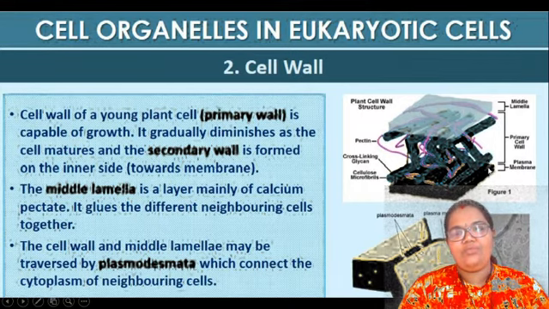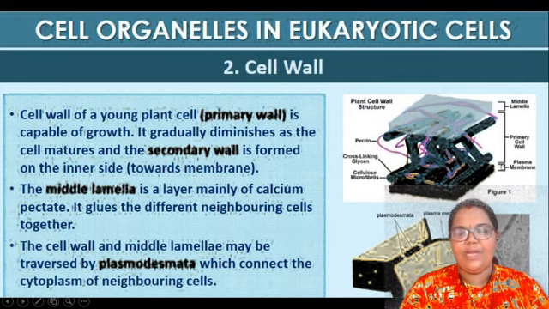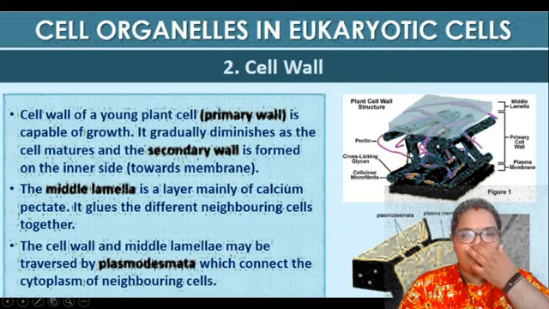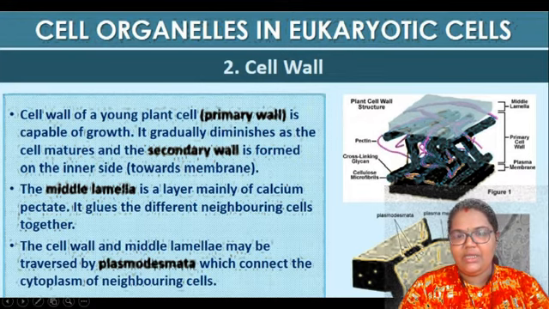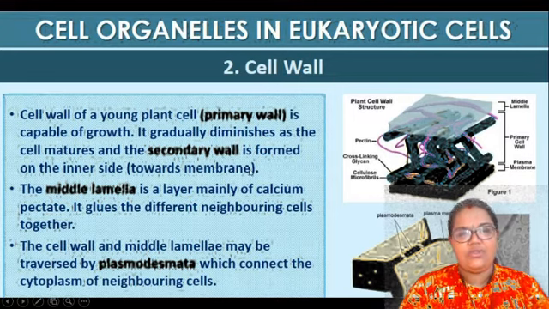Later, you can see that the secondary cell wall will be developed, and that will be on the inner side of that. And this is the plasma membrane, which is a phospholipid structure, right? And here you can see the cell wall and the middle lamella. So these all have some other structures also. You can see that pectin will be there, some cellulose microfibers will be there, some other structures also you can see.